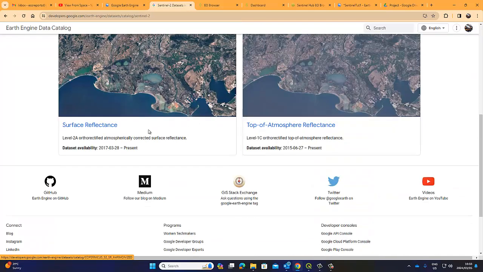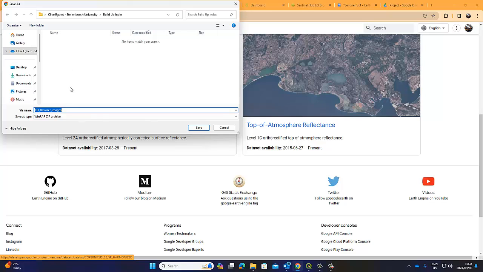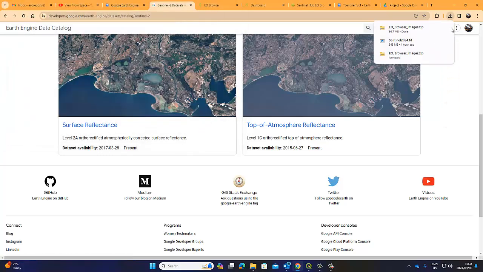And then we're working with Sentinel 2A, which is the surface reflectance. So I press on that. Oops. So you see, there it comes now. It's now ready to download. Okay, so I'm going to download it in my project folder. So I'm just saying save. And I said it will save as a